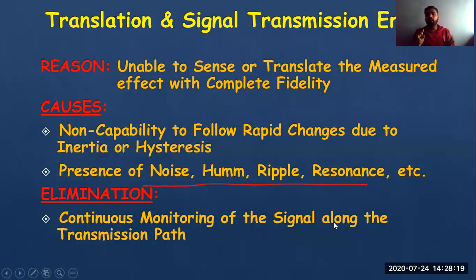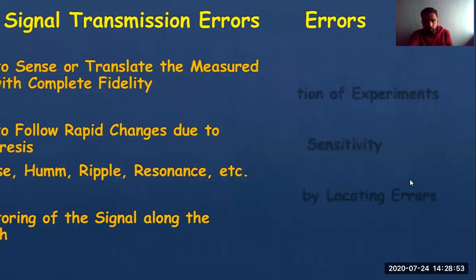By continuous monitoring of the signal along the control path. We actually do this. Signal transmission error needs to be rectified in electronic instruments. How do they rectify? By using a rectifier circuit also. They rectify the signal. I think every one of you might have heard about the rectifier in the industrial electronics syllabus completed last time. The rectifier rectifies the signal. So if there is some kind of electronic error within the system, it is rectified by that rectifier. Okay, so we have completed one more.